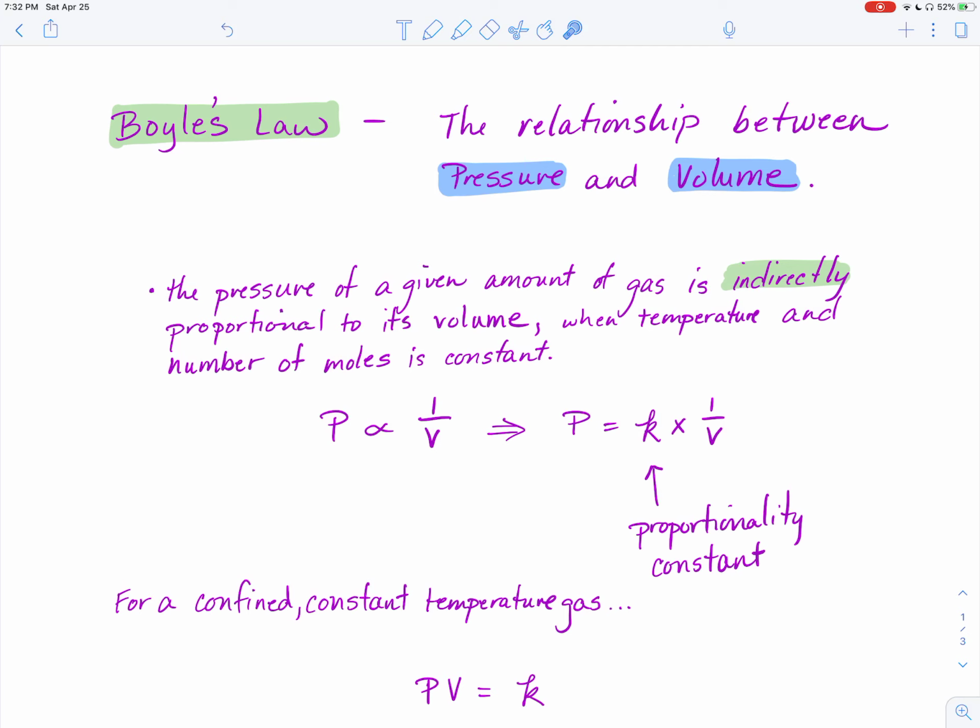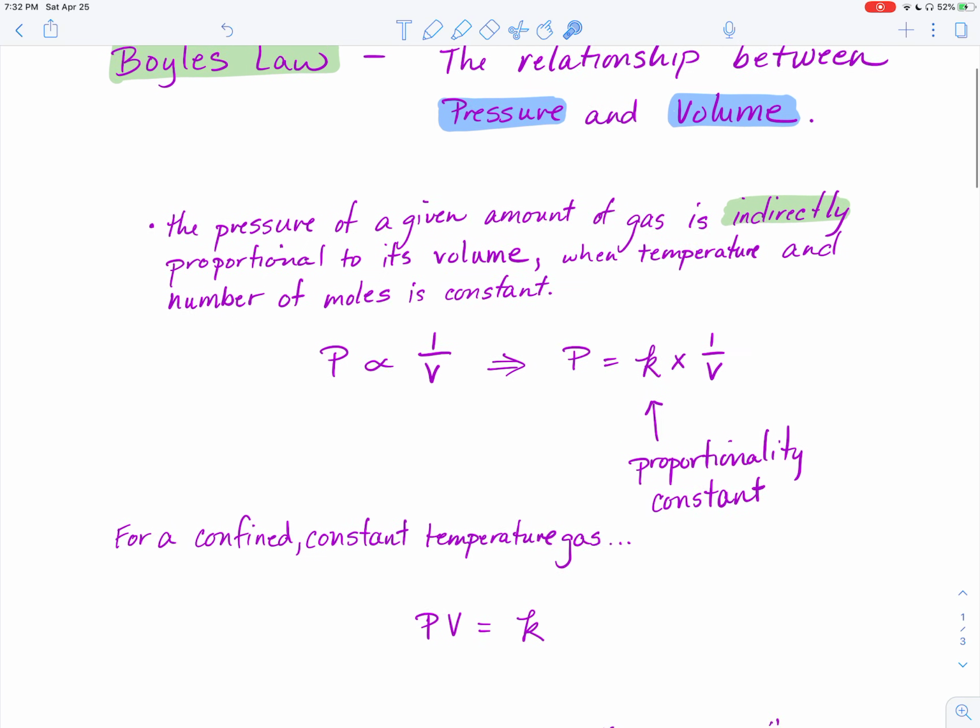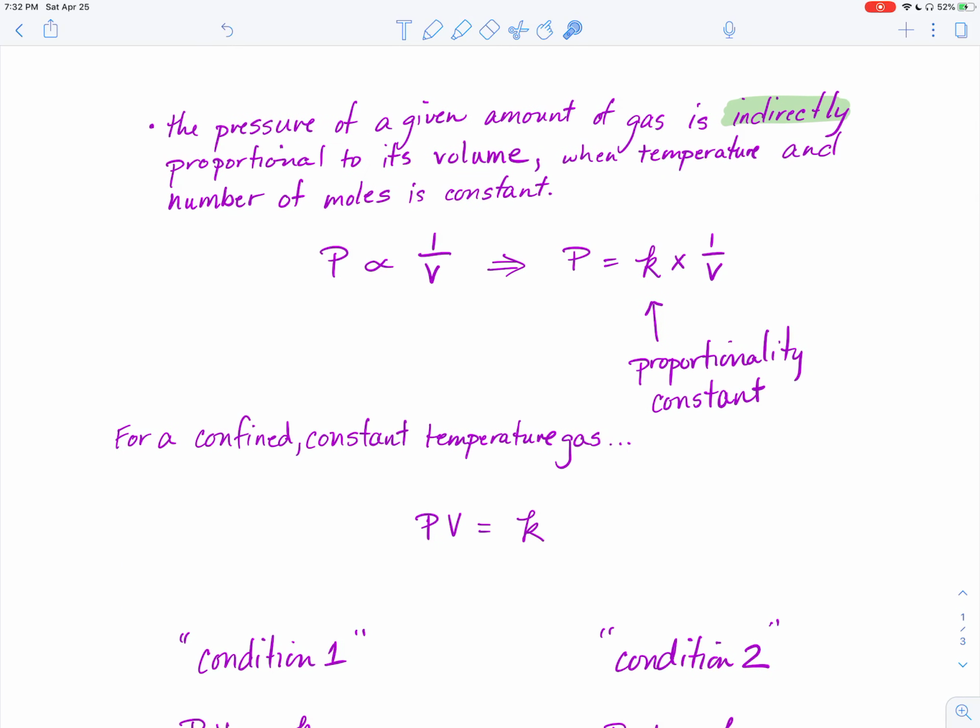How we show that in written form is just the pressure is indirectly proportional, and that's how we write the indirectly: writing 1 over the volume. We can write this mathematically by putting in an expression here of pressure equals the proportionality constant times 1 over volume. And if we have a gas that's confined, for its temperature and number of moles,